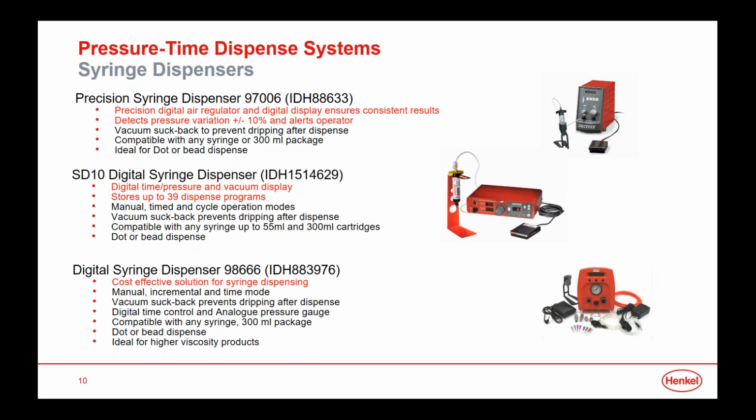So we've highlighted some of these benefits and differentiators between these solutions. The top one, the main key performer, is that this allows you to detect any variation in your pressure on your syringe when you're dispensing. So this is a key point in determining accuracy. So this syringe dispenser would be used when you have a high level of accuracy that's needed to deliver adhesive. It's a more cost-prohibitive solution to integrate compared to the other two, but it provides much more accuracy and performance due to its ability to detect pressure variation, which is one of the things that influences